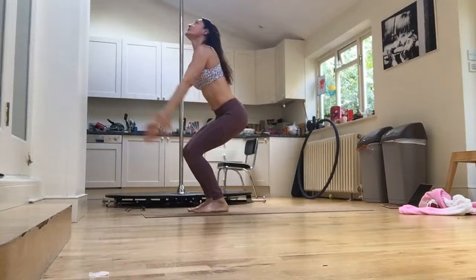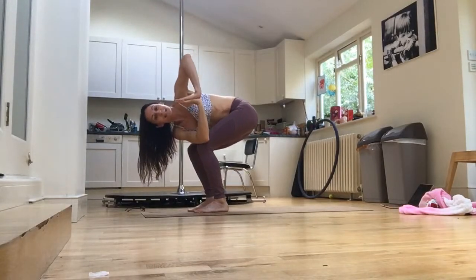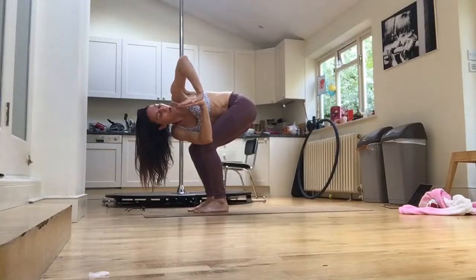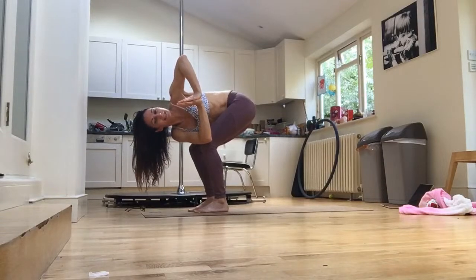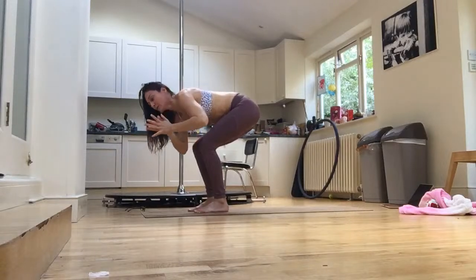Inhale, come back to center. Exhale, we twist to the left hand side. And then again, see with your legs separate. This concept is gonna come back into the seated twist as well later on. Holding here, 3. Exhale 3, inhale 2, exhale 2, one more inhale, one more exhale, inhale, come back to center,